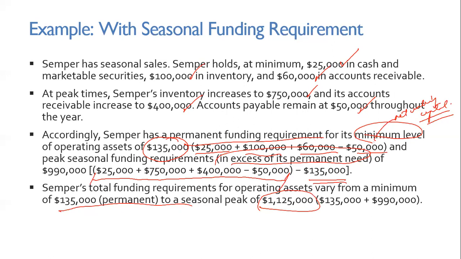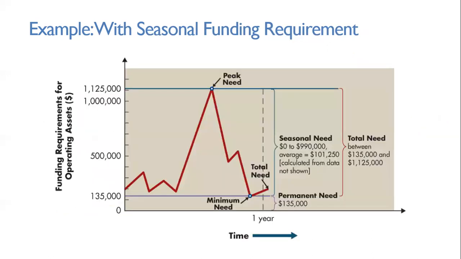So graphically, it looks like this. This is the graph of their operating assets, funding requirements. There's a peak and a minimum. The minimum is the permanent need, and these are all seasonal needs, because there are peaks and valleys depending on the time of the month, whether it's February or January, depending on the high season of a product. Overall, the total need is between